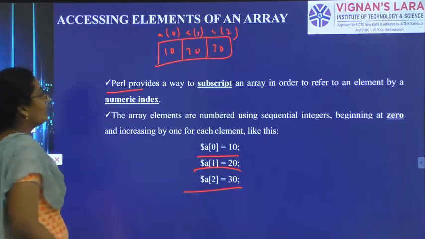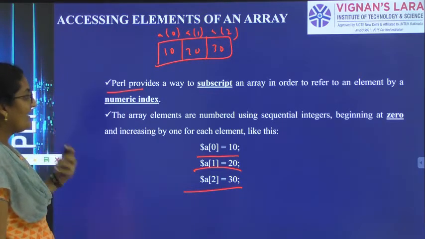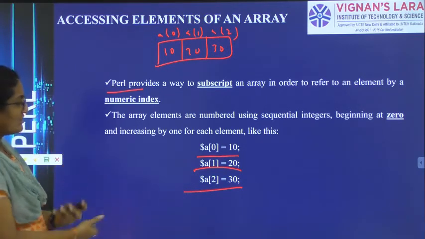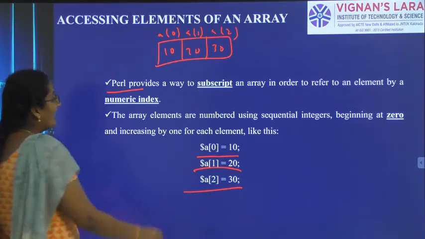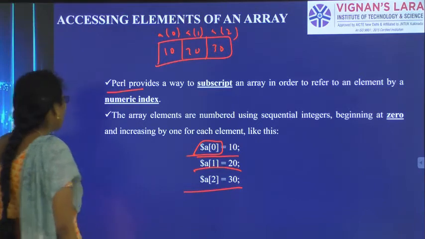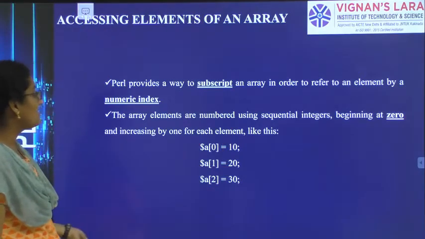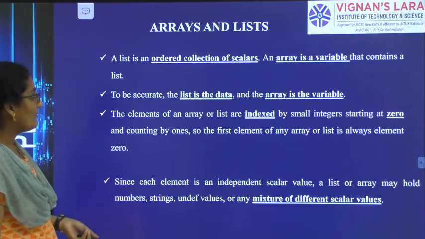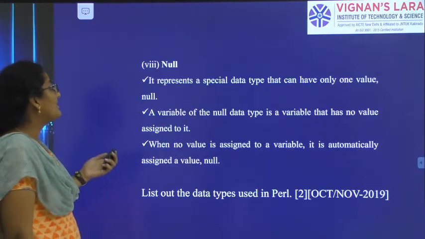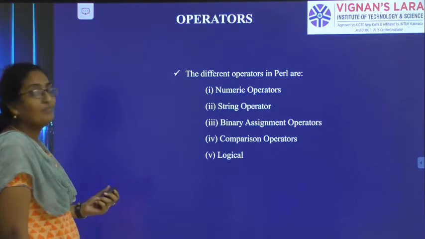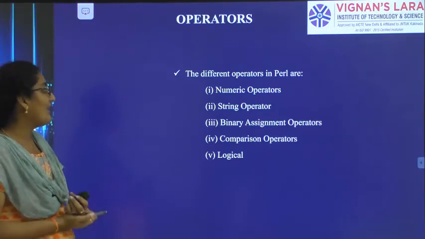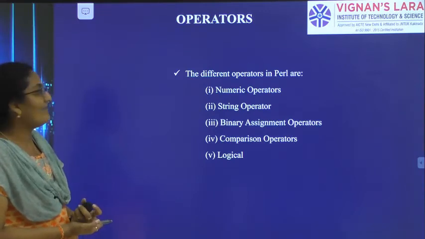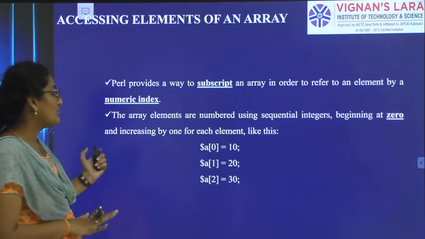In Perl programming also the array is the same. An array is always used to store data, a list of elements. In Perl also array elements will always start with indexing at 0 only. So the arrays concept is also the same in Perl. Operators are also the same, data types are also the same. Same operators we have like in PHP, same data types like in PHP, and the arrays concept is also the same.